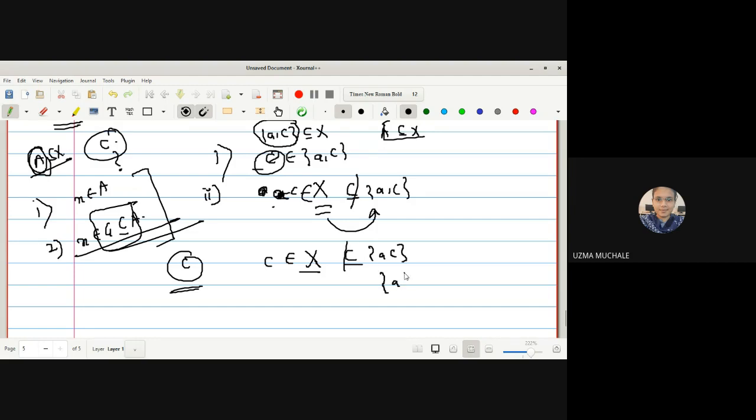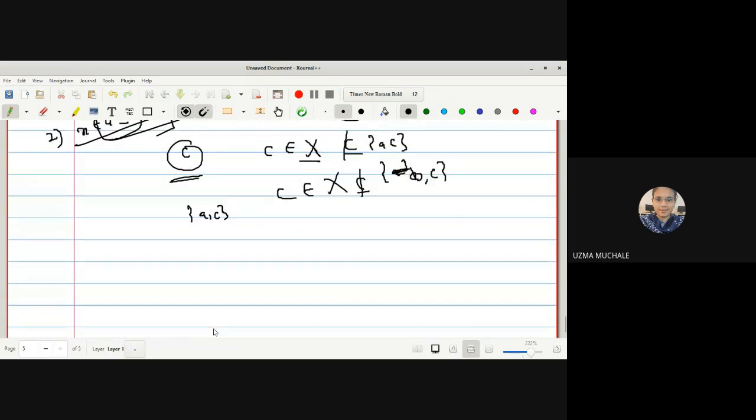Even we can say the same for BC. BC is a set which contains C, but there is no open set which contains point C and which is contained in BC. So I can say now AC and BC are not neighborhoods of C. Okay? Getting me? Yes, ma'am.